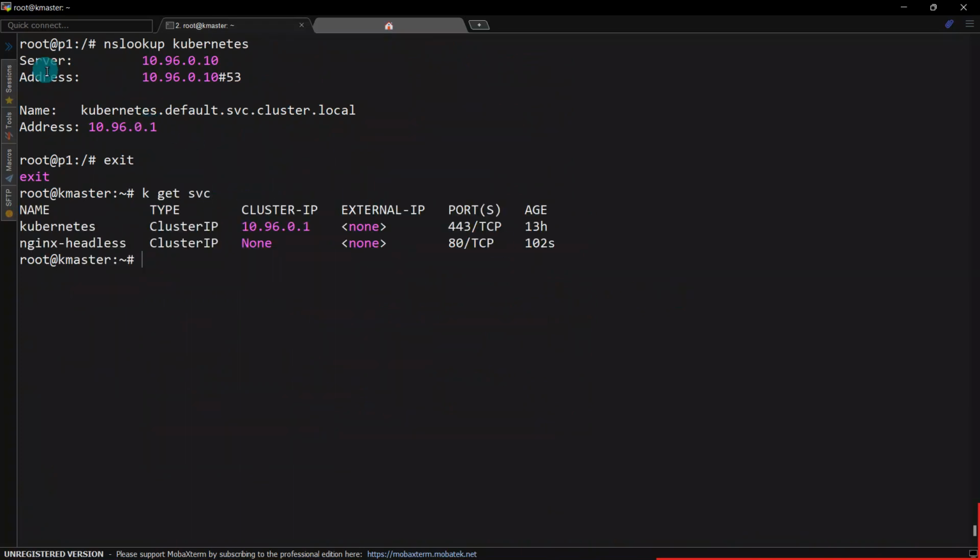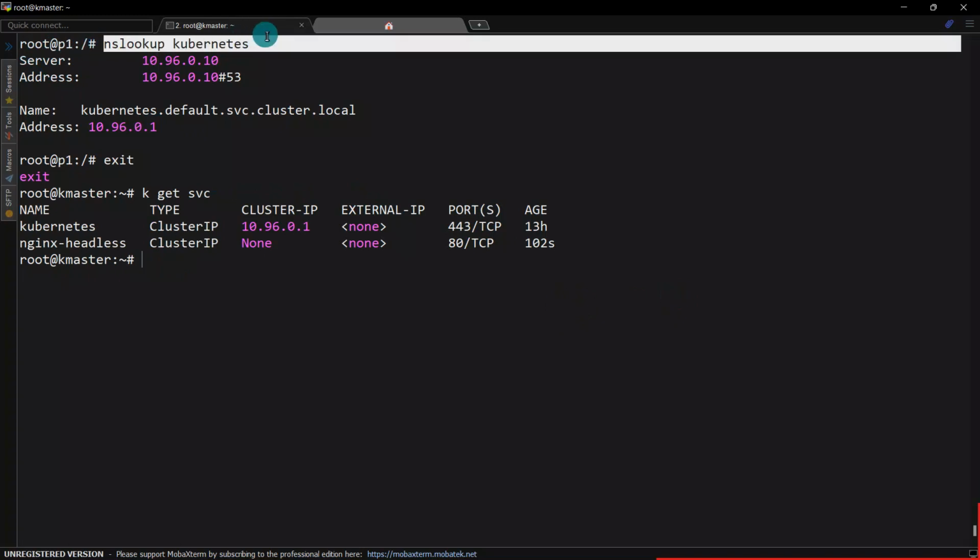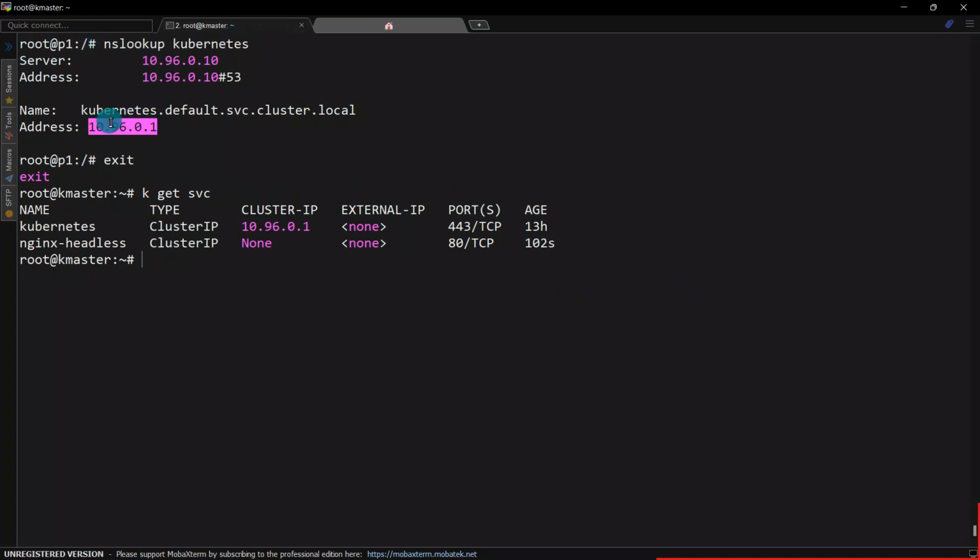Now you can see nslookup kubernetes is giving me this IP address, and this IP address is nothing but this IP address. So every time you hit a Kubernetes service, internally it is hitting this cluster IP service, and then the cluster IP service sends a request to any random pod behind it. But this is not the case with